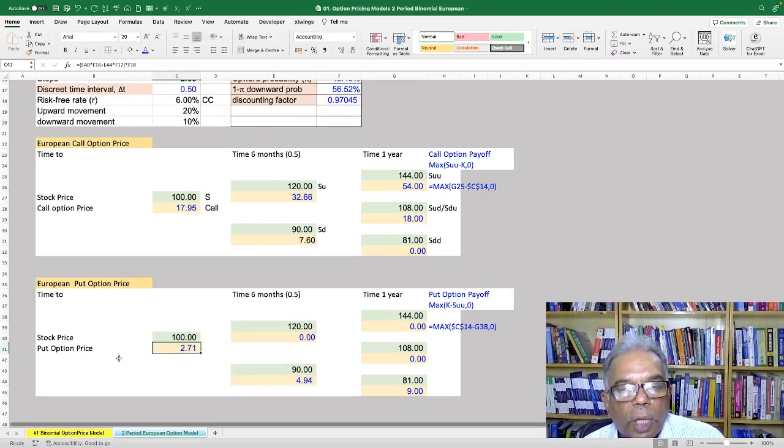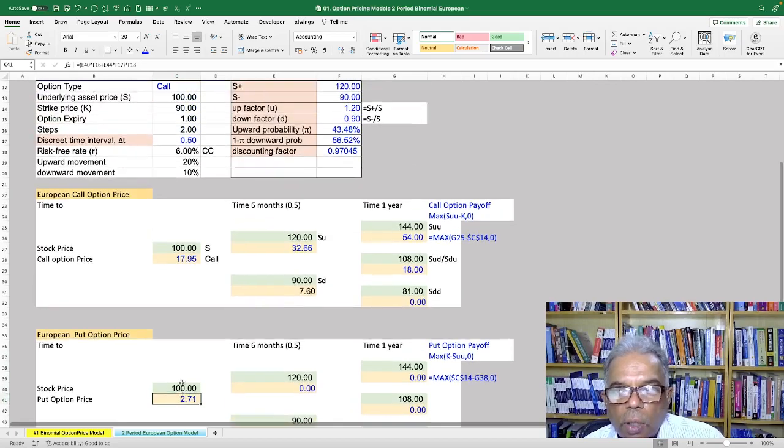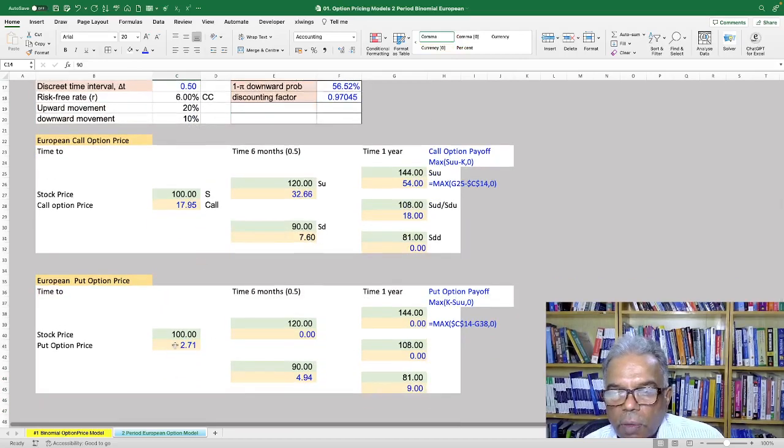You can see that the put expires out of the money. There is no intrinsic value because 90 minus 100 is 0, and your option price here is 2.71. So for the same values, the call is in the money, and you got 17.95, while the put is out of the money at 2.74. So in the next video we will see how we can calculate a 2-period American option